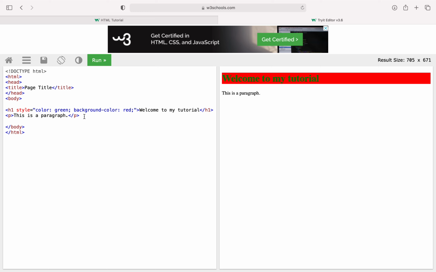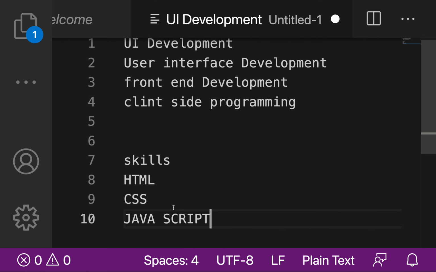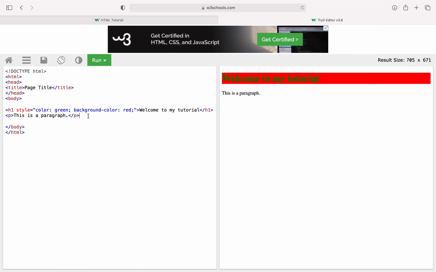Now come to the JavaScript part. HTML and CSS are complete. What is the use of JavaScript? Let's say I have one button, Change. My requirement is, once I click this change button, I want to change the content of this paragraph, This is a paragraph, to some other content.